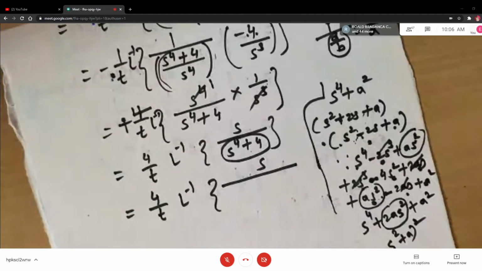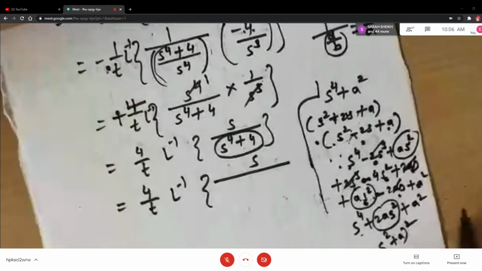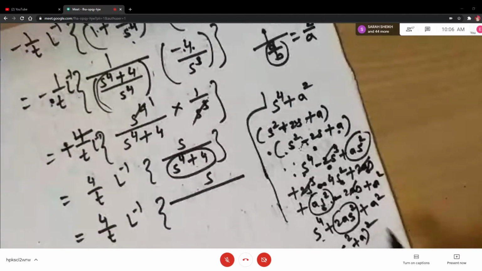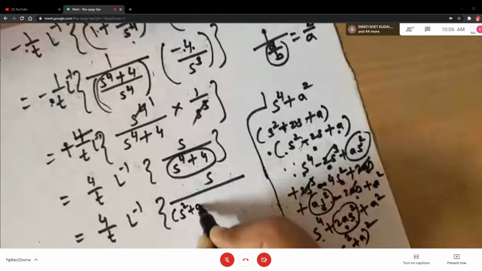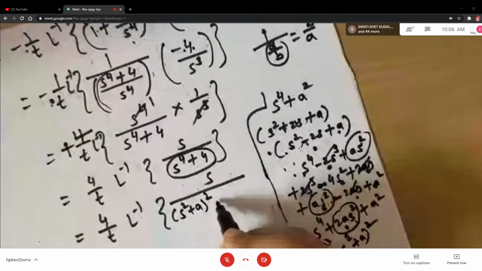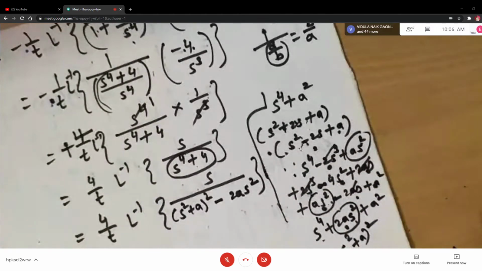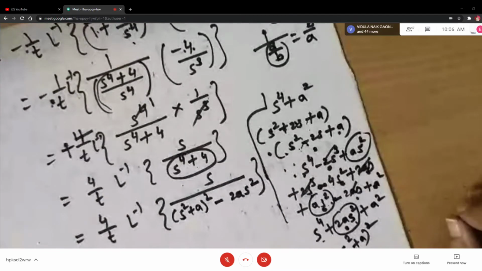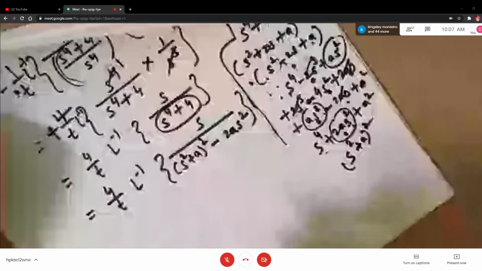Otherwise, what you can do is, I'll tell you. This you got, right? s square plus a the whole square you got, no? So which is the extra term here? 2a square. So can't we do like this? s square plus a the whole square, and the extra term can't we subtract? Whether it can be done? Yes. Now in place of a we have 2, no? So it will look like this.